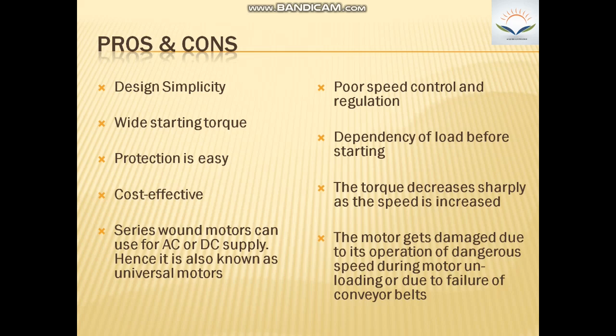Cons include poor speed control and regulation, dependency on load before starting, and torque decreasing sharply as the speed increases. The motor gets damaged due to operation at dangerous speed during motor unloading or due to failure of conveyor